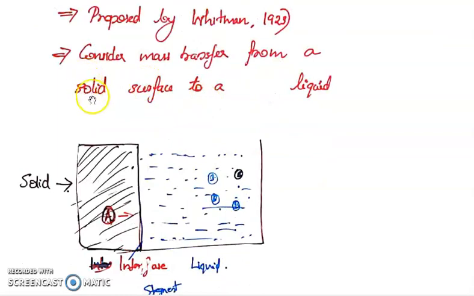So for this, let us assume a mass transfer operation. What you see here is a solid liquid mass transfer operation. So we have a solid A which is soluble in liquid B. Here we have solid A in the left side, which is surrounded by the liquid like you see in the figure.